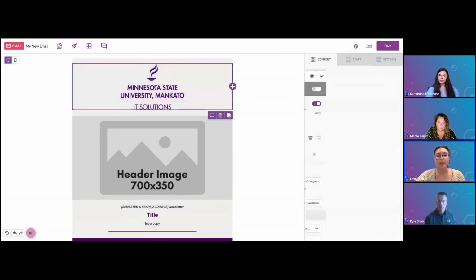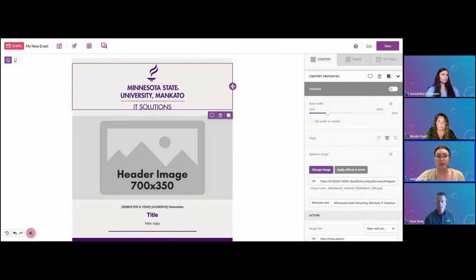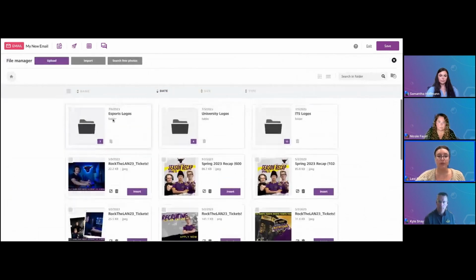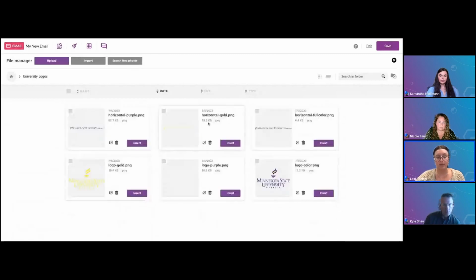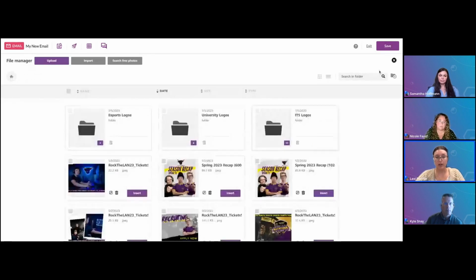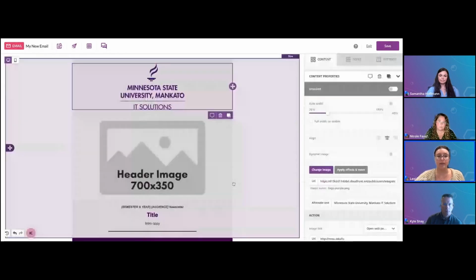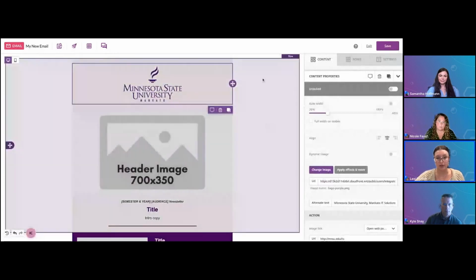It's just right there. So for example, if I want to click in here and change this logo at the top, I could just go to change image. And you can see I've already set up several folders with different logos in here. So let's say I just want to change it to our university logo. I've already pre-uploaded all of our official logos in a bunch of different colorways, and I can just add those. Or if for some reason I'm not finding the folder that I want, you can also search, which is really nice. And there it is right there. I could choose a different color, pop it in there, and then really easily I have changed my logo in just a few seconds.